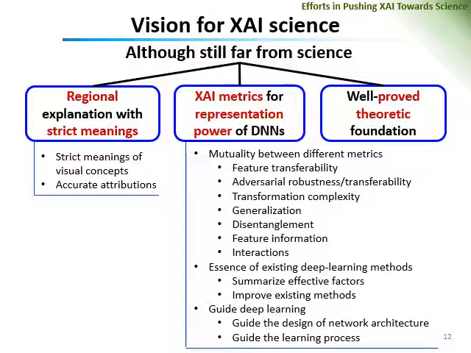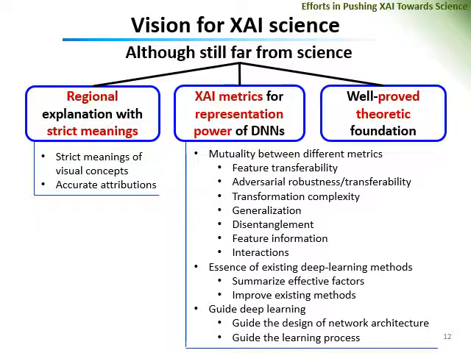And sometimes we can prove the relationship between the transformation complexity and the feature disentanglement. And sometimes we can prove the relationship between the interaction of input variables and the generalization power of the neural network. So in this case, if different explanation metrics or different explanation methods can verify each other, we will get more trustworthy